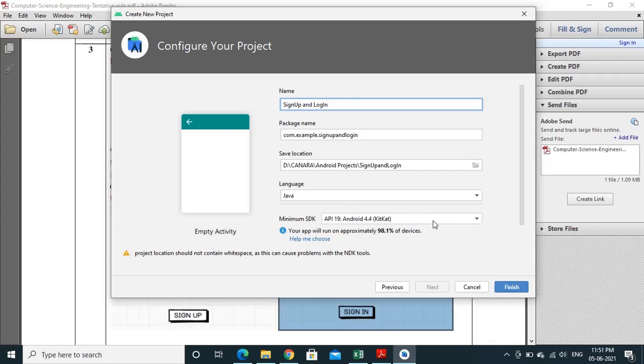Let it be Android 4.4, that is KitKat. Click on finish. Let Android Studio generate all the required folders and files for the present project.